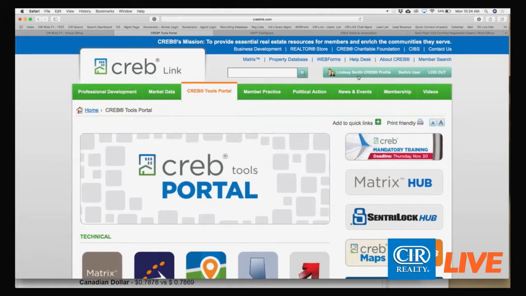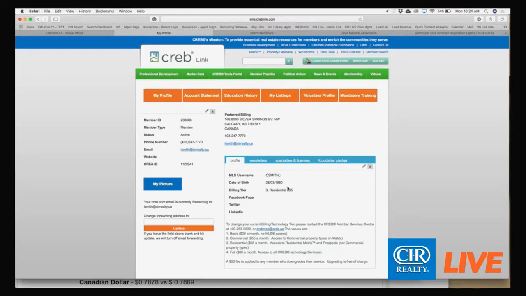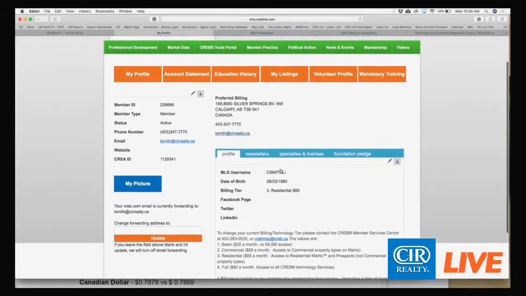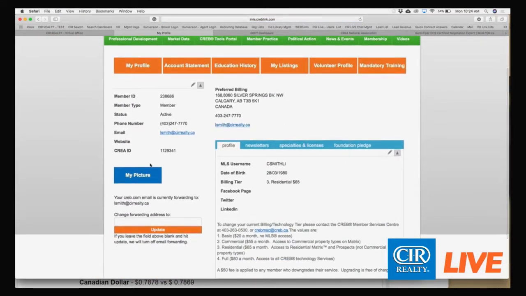And at the top right-hand side here, it says Profile. This is where that information is pulling from. So in my Krebs profile, you will see that I have my picture, which I can update and change, and that is what pulls through to Realtor.ca. But one thing you might not have actually looked at is this specialties and licenses. And I'm going to try and zoom in on this a lot.